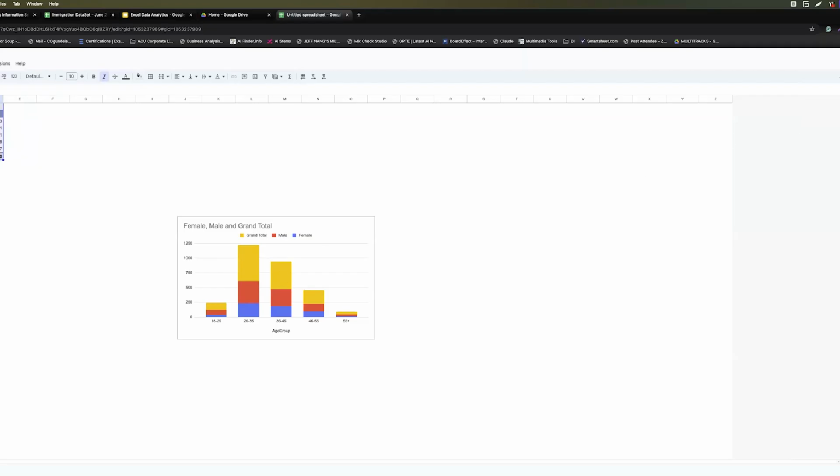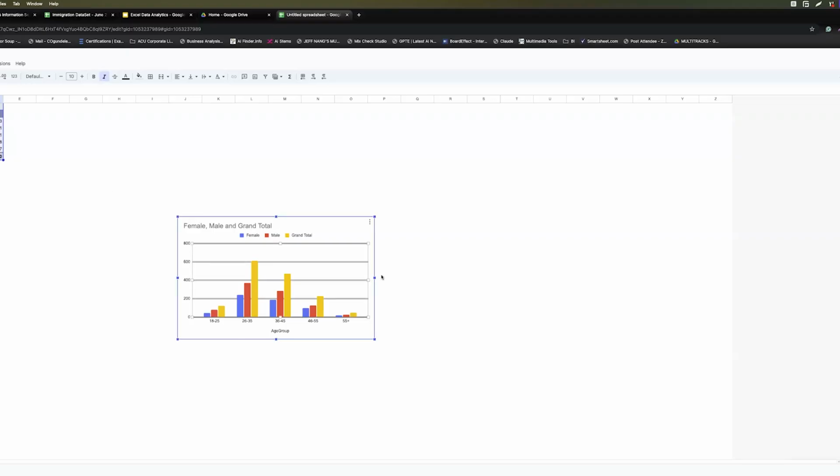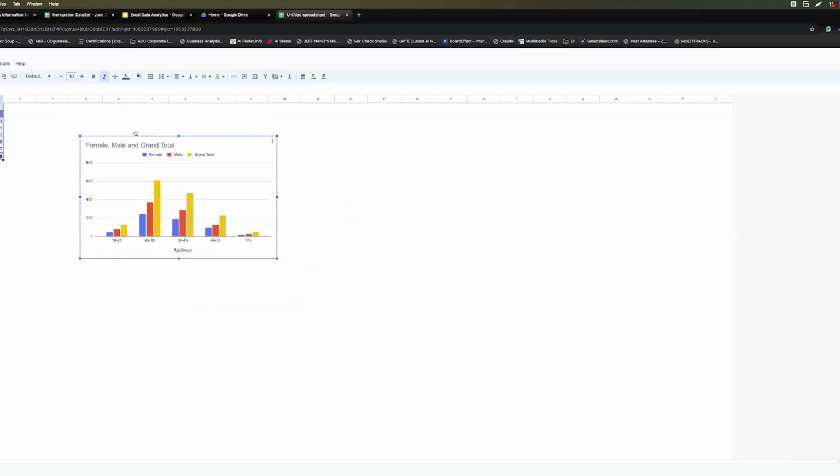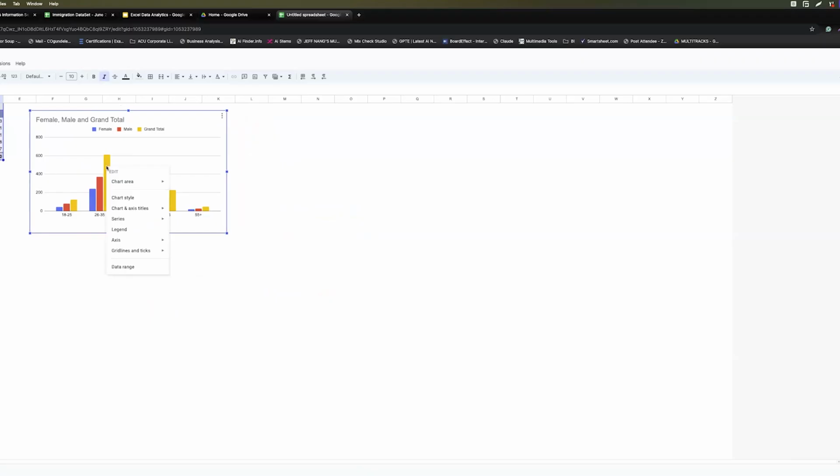I can choose the type of chart I want. I can choose the same kind of chart that we used earlier, which is this one. And I want to add my data, what do they call it?